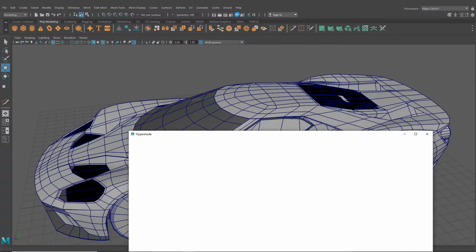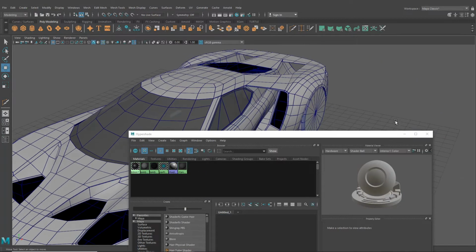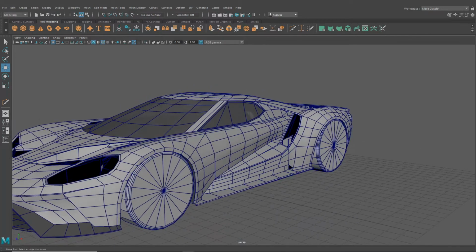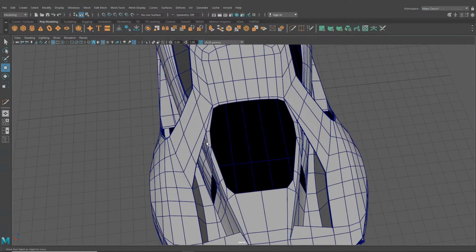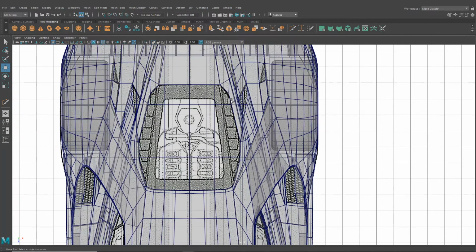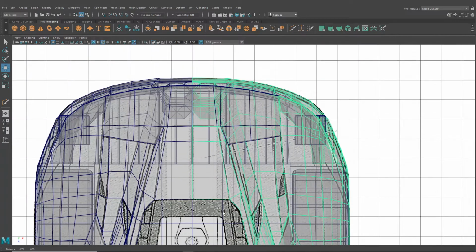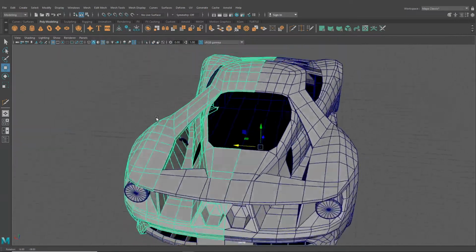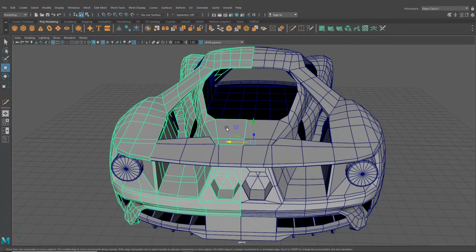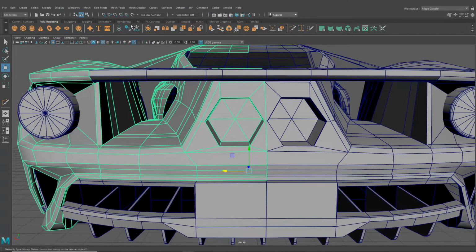Let's quickly just add our window blend to that. Okay, so that's looking good. Now let's think maybe around here then. So we're fairly happy with everything that's going on up here. So what we have is we have some glass that kind of runs from top to bottom there. And let's just double check. We don't really want to be adding any geometry across here because we don't want to interfere with this,